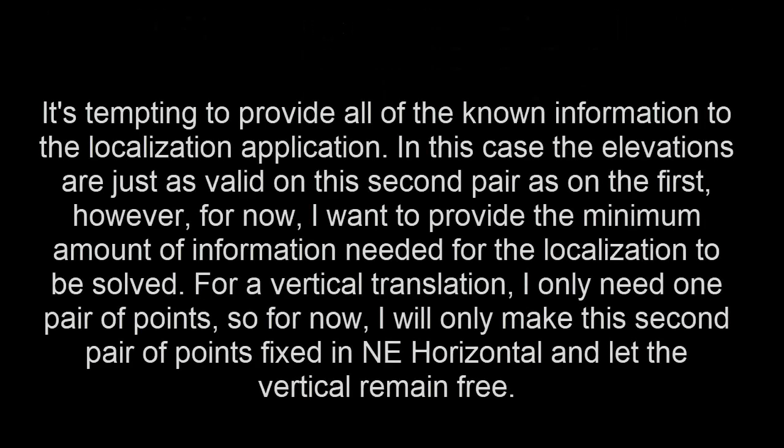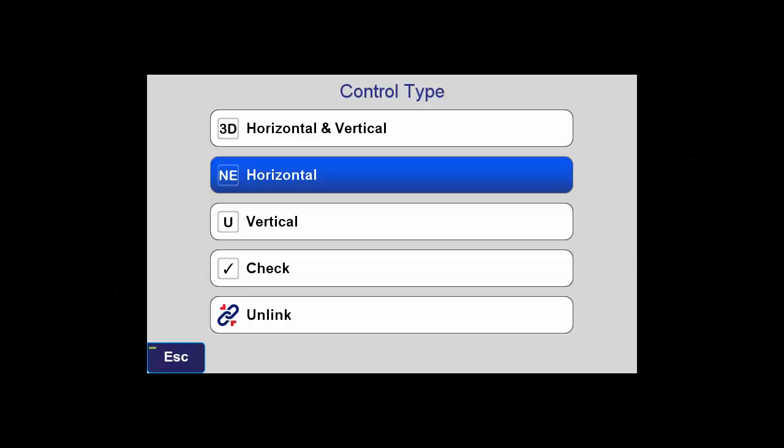It's tempting to provide all of the known information to the localization application. In this case, the elevations are just as valid on this second pair as on the first. However, for now, I want to provide the minimum amount of information needed for the localization to be solved. For a vertical translation, I only need one pair of points. So for now, I will only make this second pair of points fixed in northeast horizontal and let the vertical